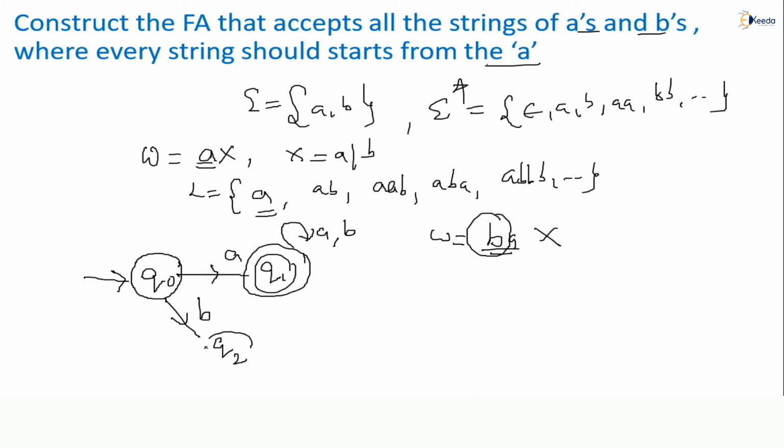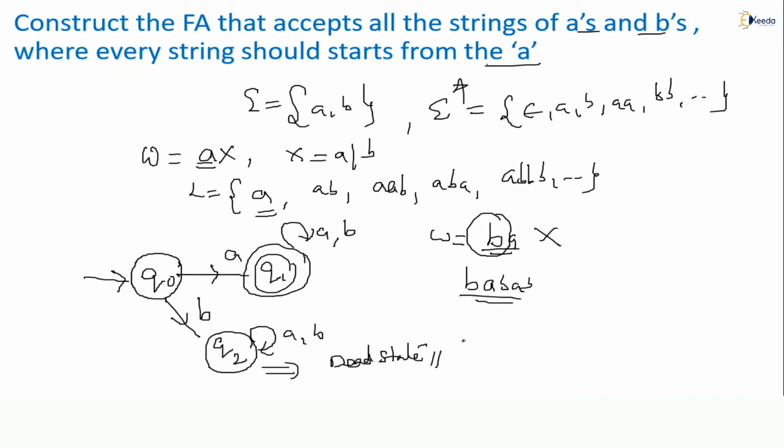So when it starts with B, I have to take another state, a rejecting state, Q2. So once B has started, after that any number of A's or B's that come must be rejected. This is a rejection, A comma B. This is also an unreachable state or dead state, as I already gave the definition for dead state, if I am not wrong. Dead state is nothing but once you come here, you cannot go back. So Q0 on B, I kept this deliberately because I want to control the FA. It should not accept a string that starts with B. That is the reason I made Q2 a dead state, you understand, all of you.